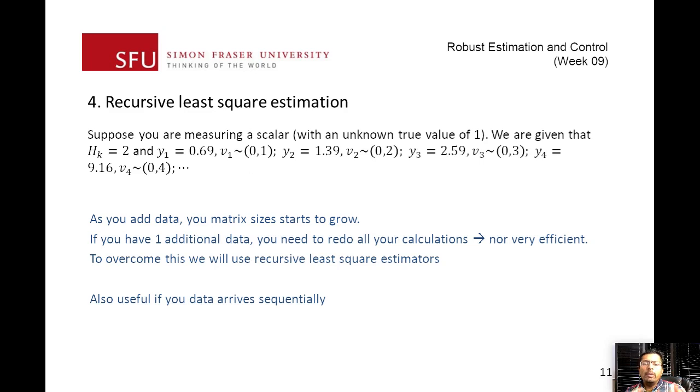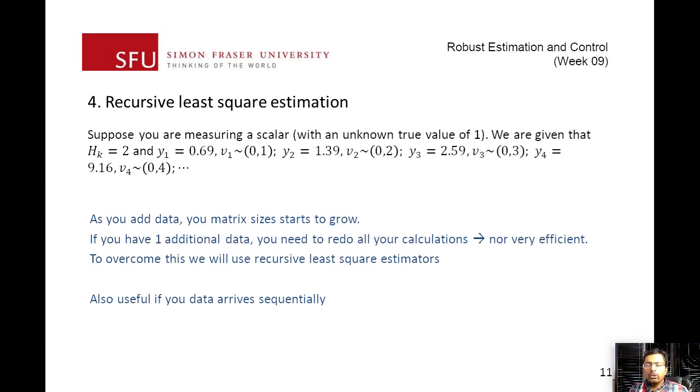So this is what we're going to be doing in the next video, where we look at an extension of the least squares estimator using the recursive least square. And once we are fairly comfortable with the recursive least square, that becomes a jumping board for Kalman filtering, because you can think about Kalman filtering where your data is going to come in sequentially, but your X is also going to change. So that just is going to make things more interesting.